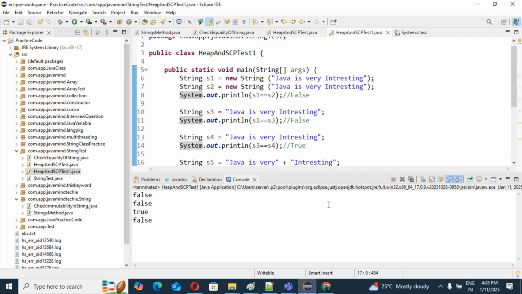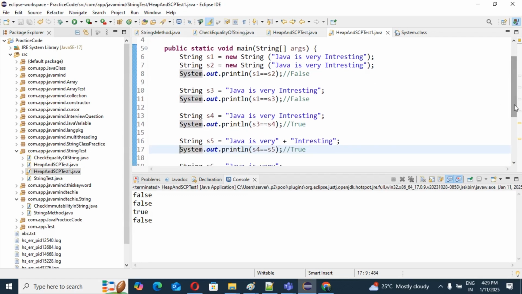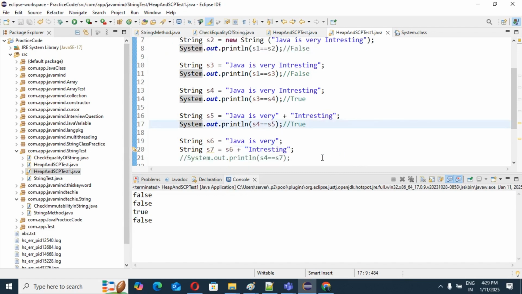It is showing false. It should not show false. Give me one second.